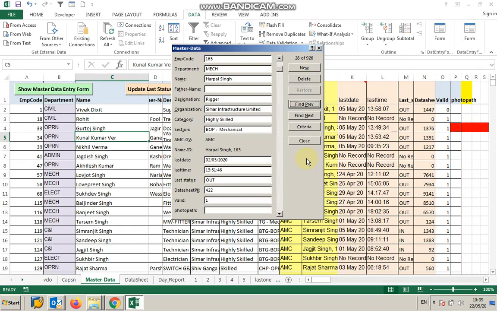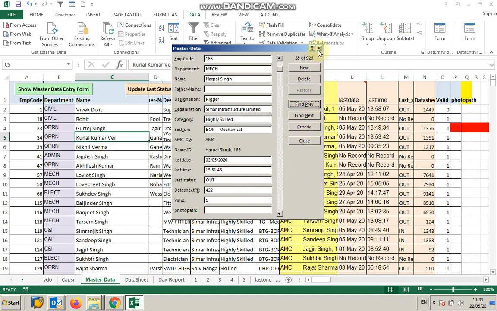So we can update any existing record, we can add new, and also select criteria, suppose a date within some valid range, or if it is a number, then within some valid maximum number. All these things are possible. This is okay, very effective.